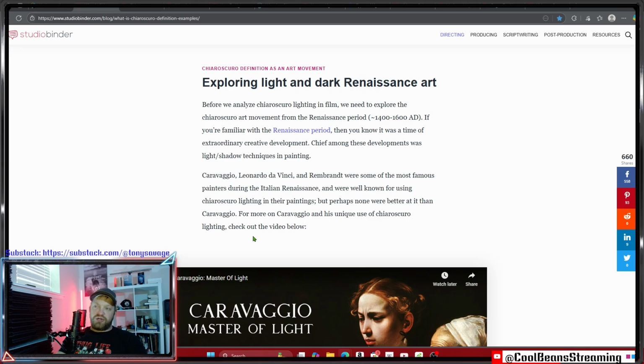Before we analyze chiaroscuro lighting in film, we need to explore the chiaroscuro art movement from the Renaissance period, roughly 1400 to 1600 AD, after death. If you're familiar with the Renaissance period, then you know it was a time of extraordinary creative development. Chief among these developments was light and shadow techniques in painting. Caravaggio, Leonardo da Vinci, and Rembrandt were some of the most famous painters during the Italian Renaissance, and were all well known for using chiaroscuro lighting in their paintings. But perhaps none were better at it than